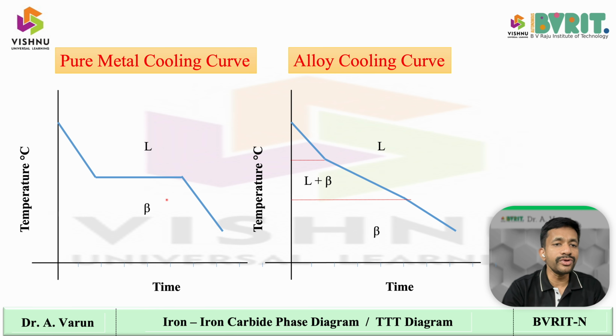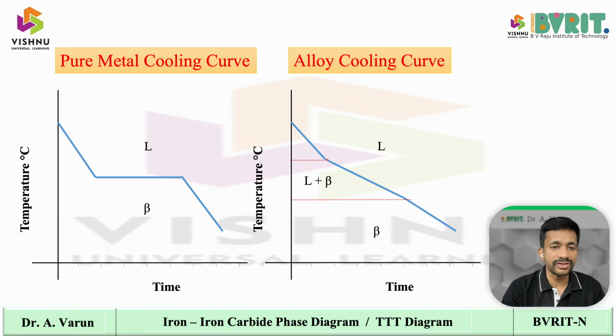So this is how the pure metal cooling curve will look. Whereas when it comes to an alloy, you can see this cooling curve will have two elements. So let's say a certain composition, A50, B50 or A30, B70, and so on. There will be an observation of twice the change in the slope. This is the first indication of change in slope, and this is the second indication,